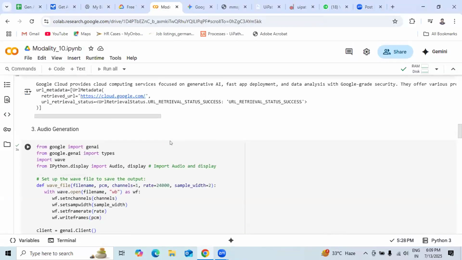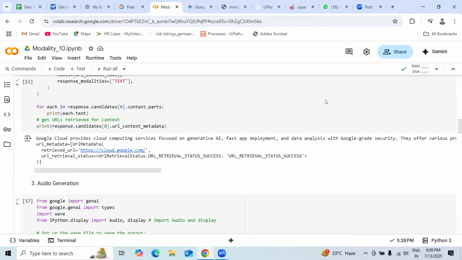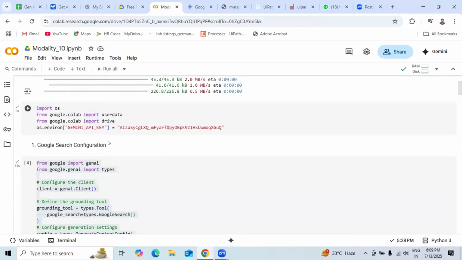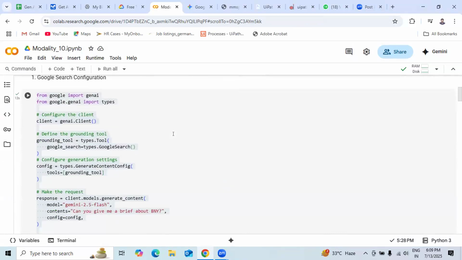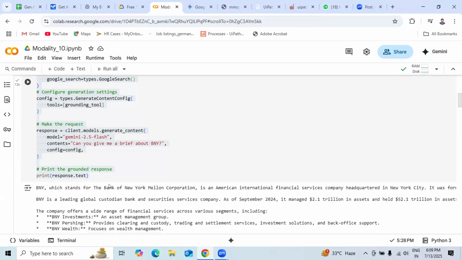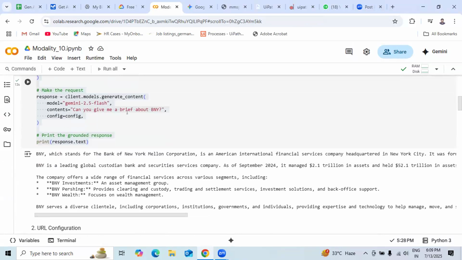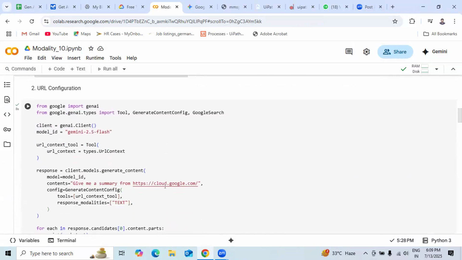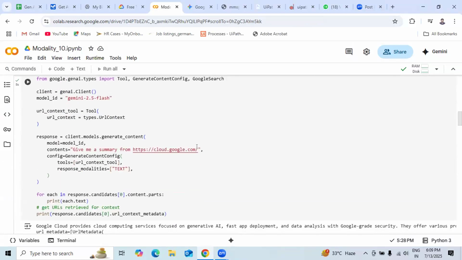Arjit, what I have done is, lastly, whatever we discussed, I tried creating the APIs that I have, right? The Gemini API, I've used the same. And one is Google configuration. From Google, whatever question we pass, I'm getting the response. Like, can you give me a brief about BNY? And then URL. So what I did is I tried with the Google Cloud URL, Arjit, but when I give